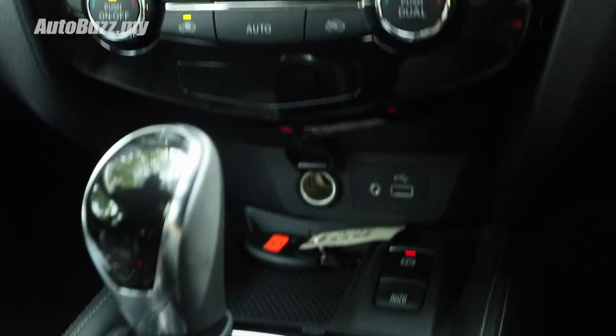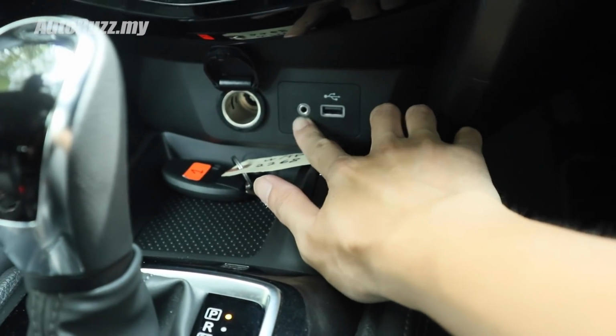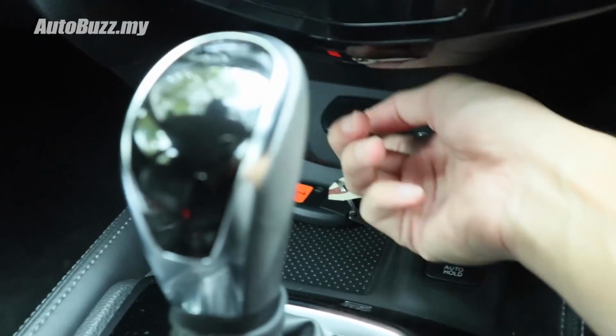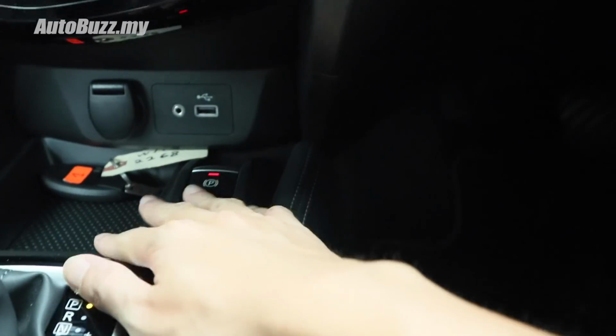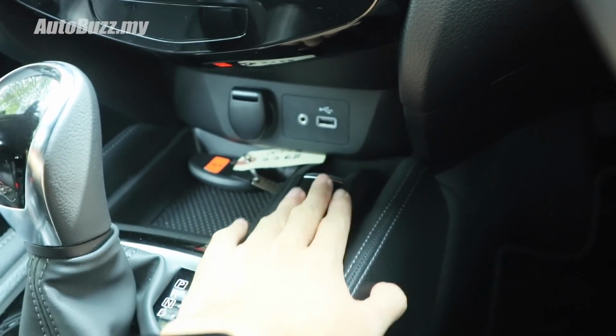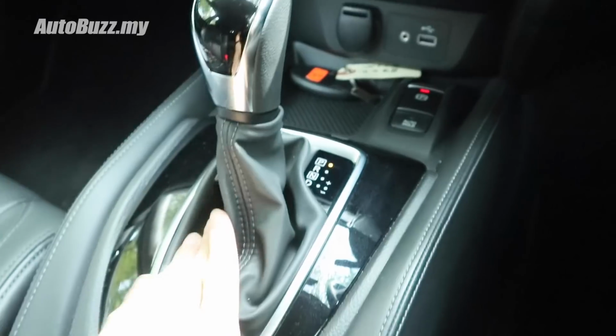Dual zone automatic climate control, USB charging port for you to connect your phone, an aux cable. I wonder who uses an aux cable these days. Then charging point, electric parking brake right there. It's a bit of a stretch, not very nice. A new gear lever,